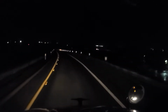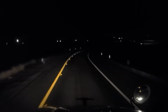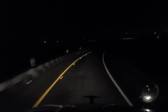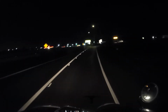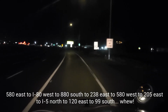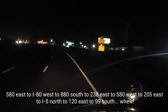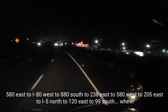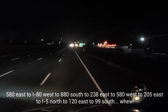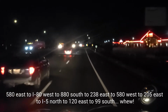This is all familiar. I don't even have to think about it. I just drive. I remember my first time driving around in this area and trying to get from Oakland or Richmond back into the valley where I am now, and it was not easy. Those 8 or 9 interchanges, it was like, man, holy crap! I just want to drive, and you're constantly worrying about whether or not you're going to catch the right ramp and make sure you don't split off towards San Francisco and get stuck on the Bay Bridge, all that kind of stuff. So anyway, yep, that is